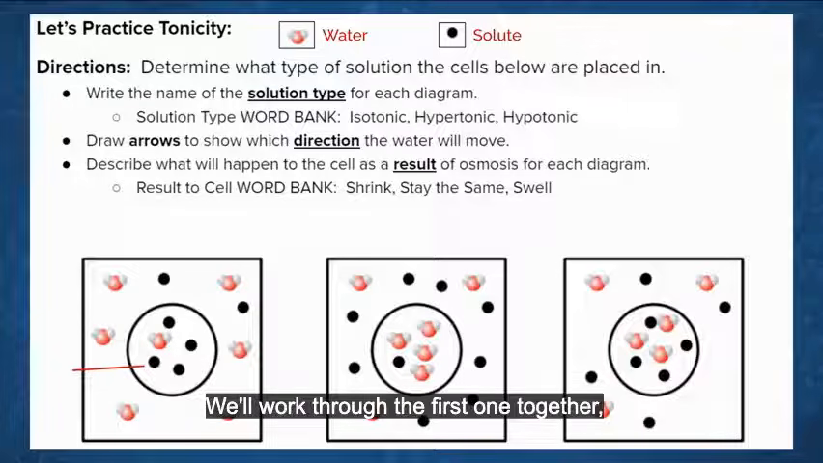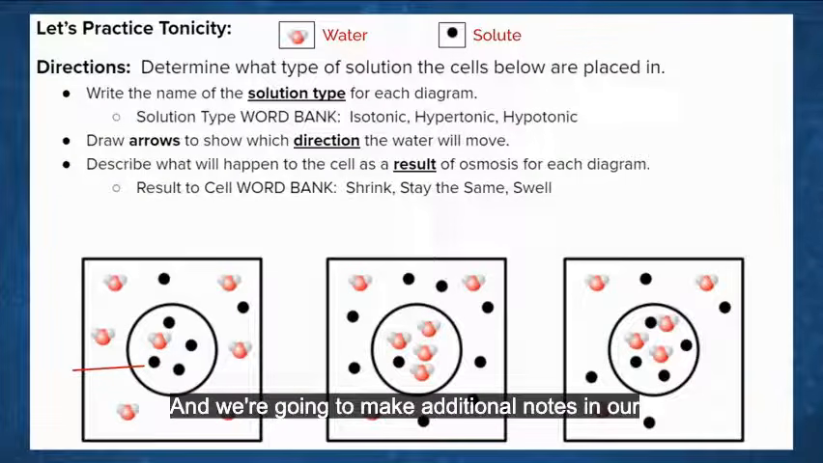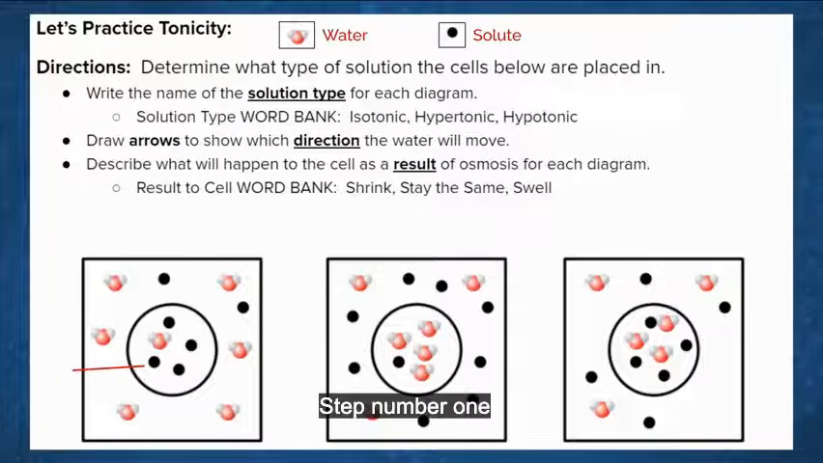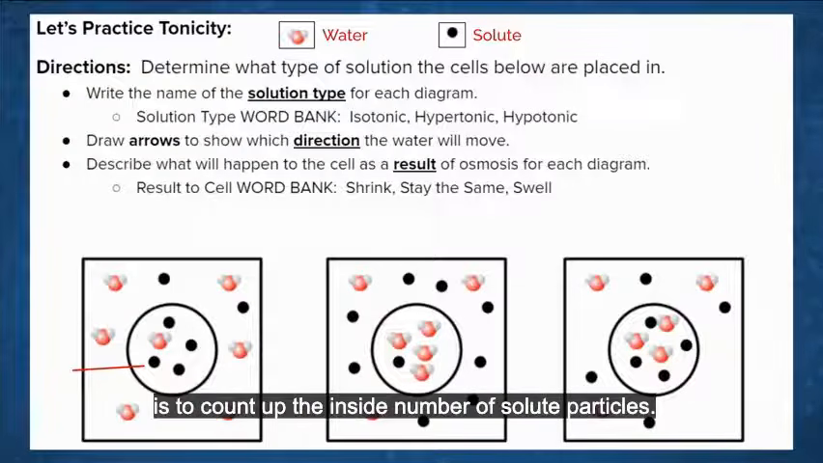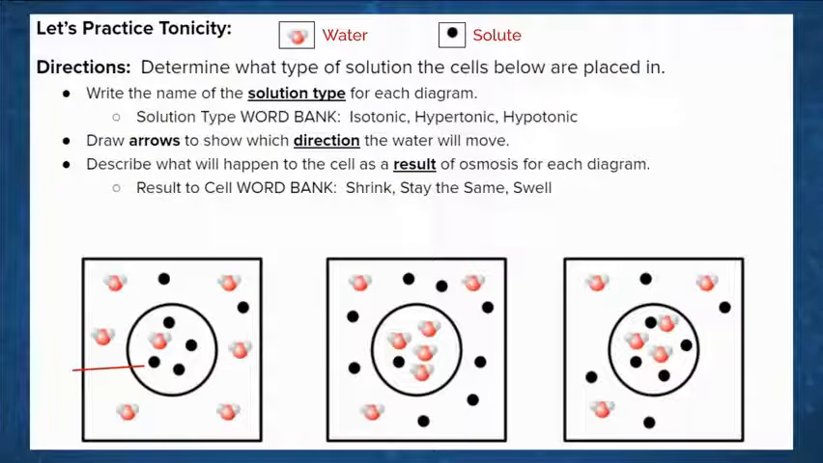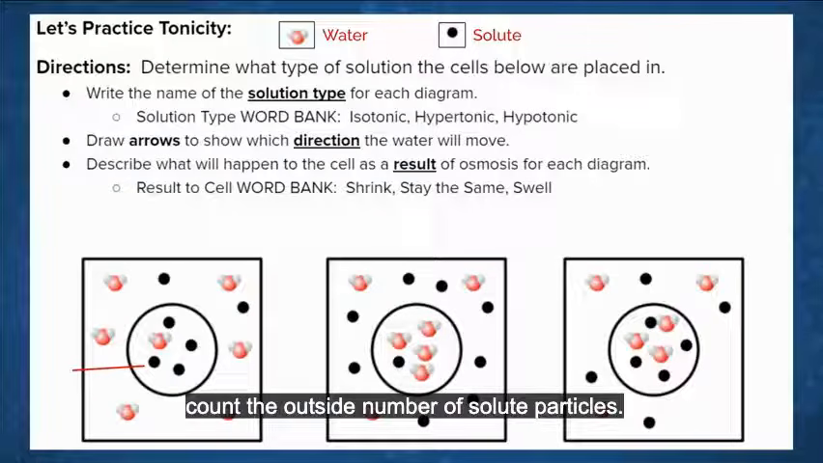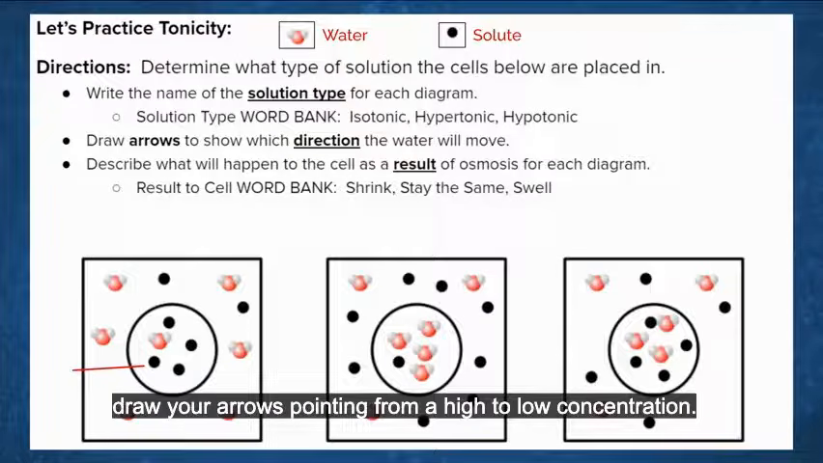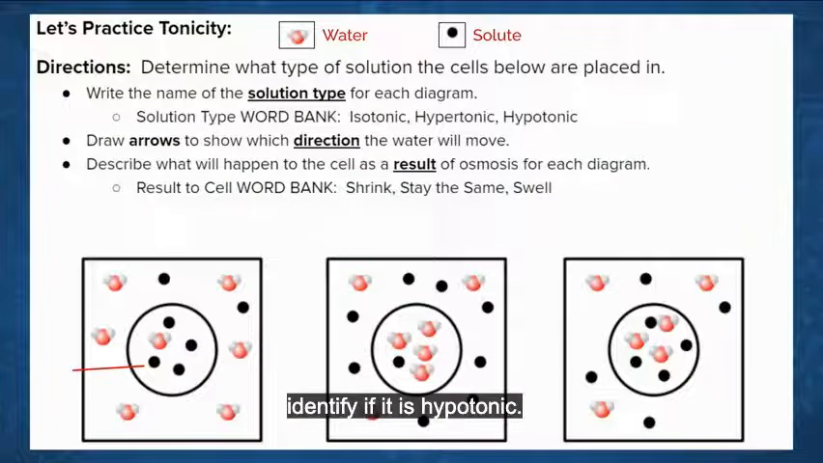We'll work through the first one together, and we have some helpful keys that tell us what water looks like and what the solute looks like. And we're going to make additional notes in our guided note packet to help us complete this packet. Step number 1 is to count up the inside number of solute particles. Step number 2, count the outside number of solute particles. Step number 3, draw your arrows pointing from a high to low concentration. Step number 4, identify if it is hypotonic,